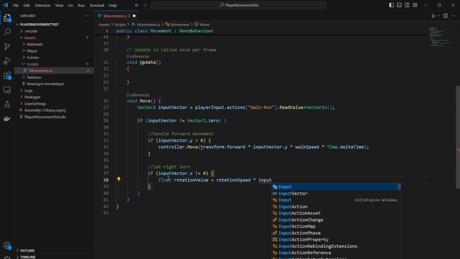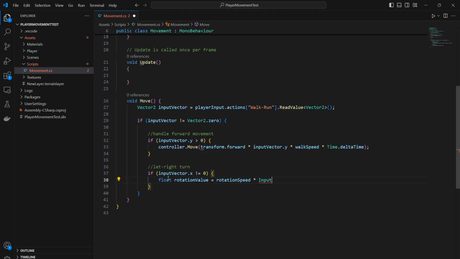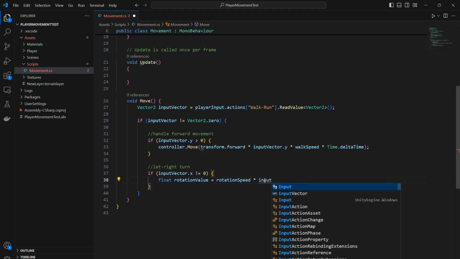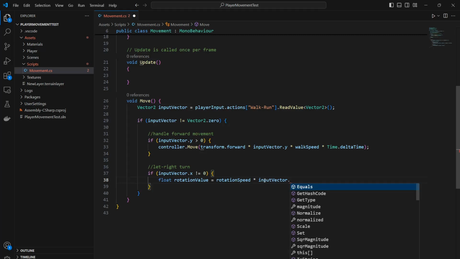In case of keyboard, it is going to be 1 or -1, no intermediate values, or 0 if nothing is pressed. So it's